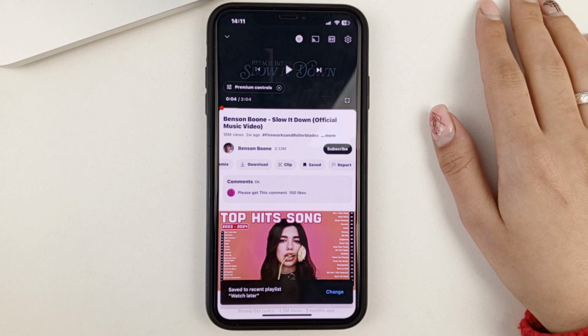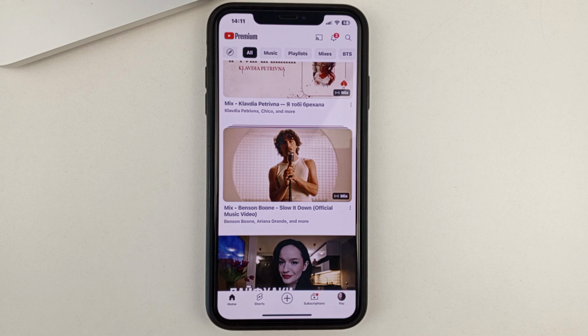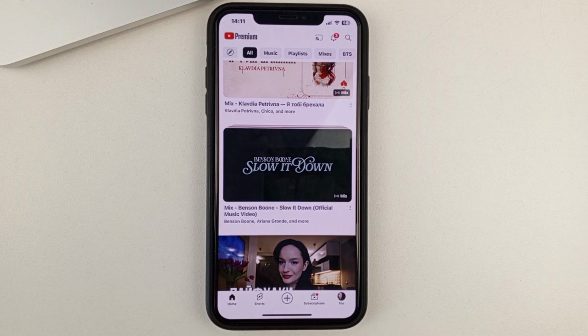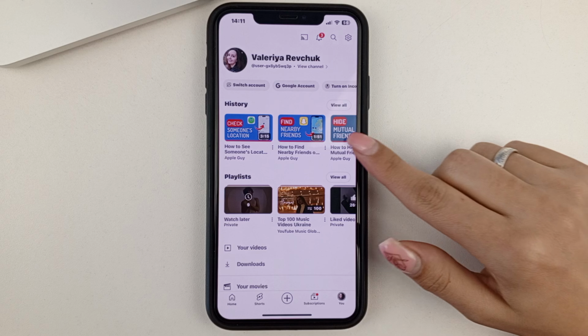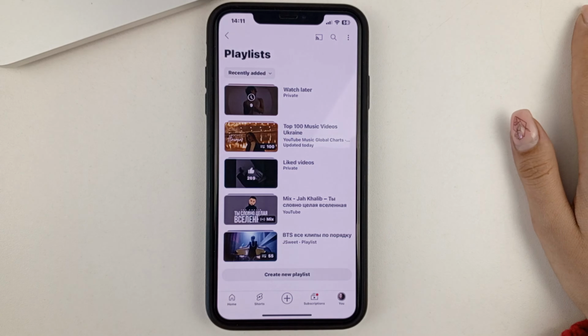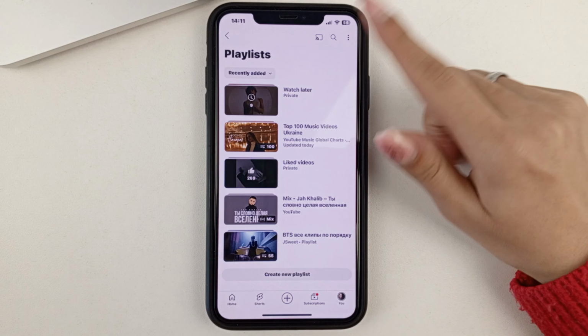And then, where can I find it? In order to find the Watch Later playlist, you need to go from your main YouTube page to your own page. Here you'll see the Playlists section, and click All Playlists. Here you will see that there is a playlist called Watch Later.